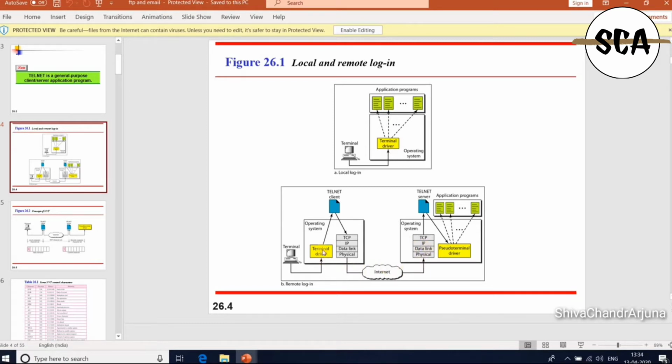So it travels to the terminal driver, to telnet, to the TCP protocol stack, through the internet, again to the TCP/IP protocol stack of the remote machine. Here characters are delivered to the operating system and passed to the telnet server, with the help of pseudo terminal drivers.